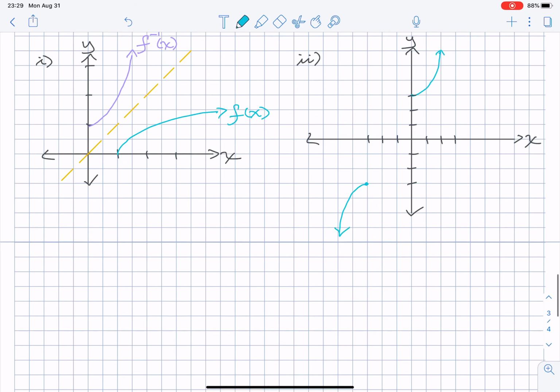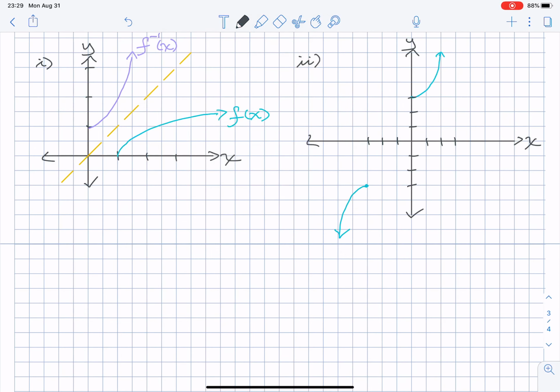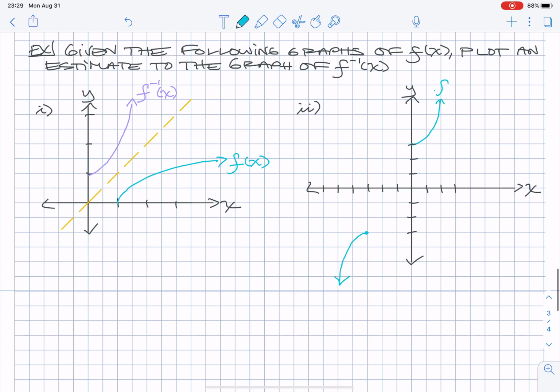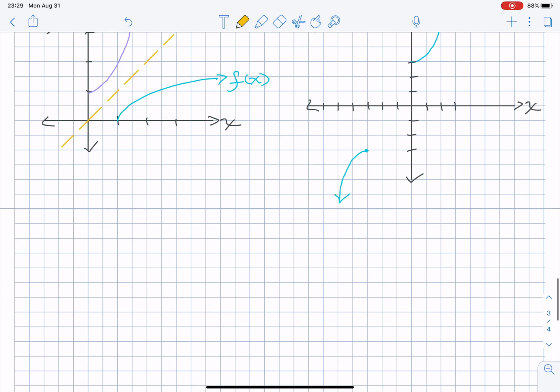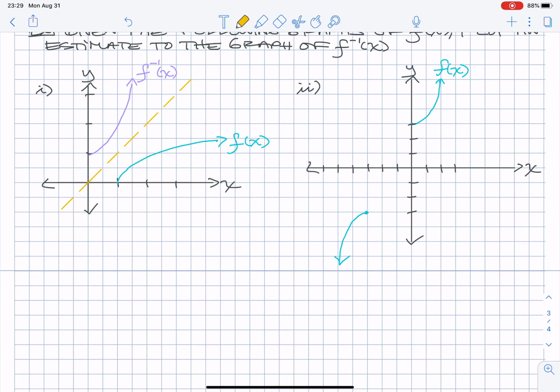Something like this for f of x. So it's a piecewise defined function. So it's just got two pieces here. So if I were to look at the main diagonal, which is harder to draw than you'd think,